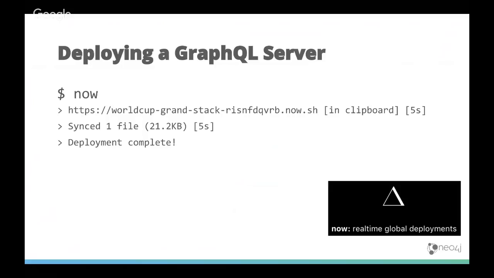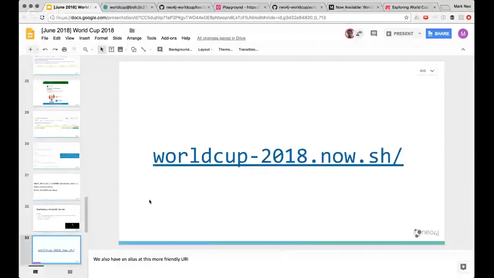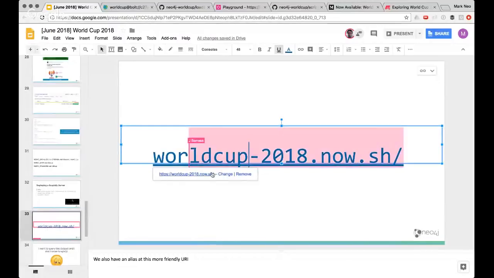And so what we do here, you can see we get a link, World Cup-GrandStack-RASNFDQBRB, which is a bit difficult to remember. So we actually created an alias. If you want to try this out yourself, it's worldcup2018.now.sh. So I'm going to go there myself, and we'll have a quick look at what we can do on